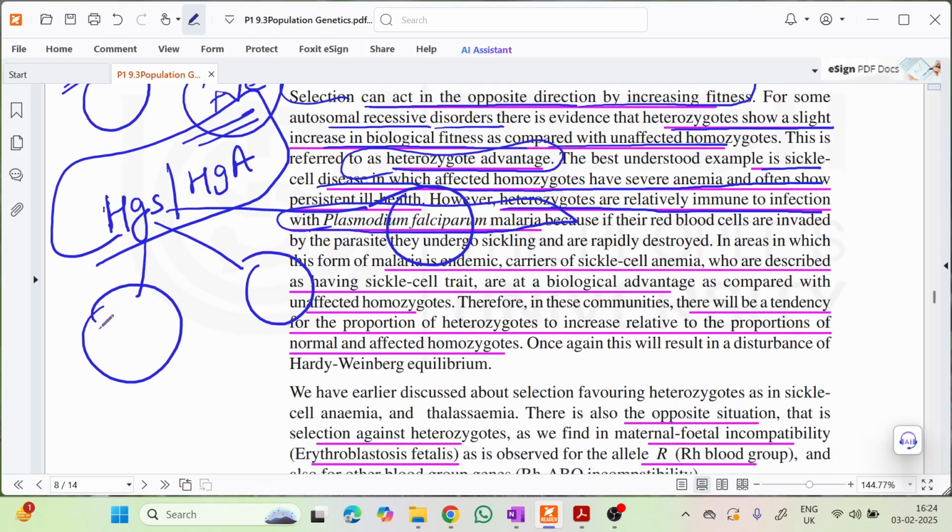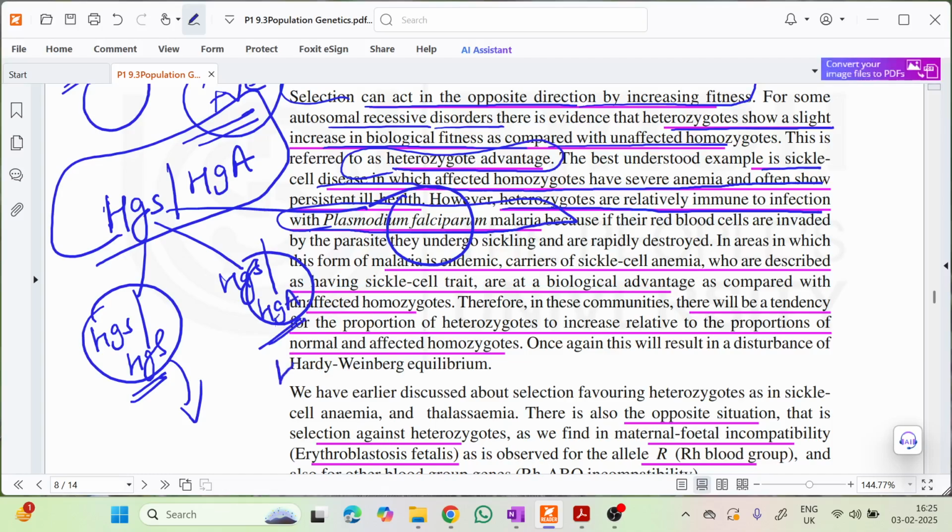Now the variations are: first, homozygous dominant, where both are in spherical shape, which is mostly the case in other populations. Then the heterozygous, where dominant and recessive both are present, but because of dominance of this gene, it will be expressed. And the final one will be the recessive one, in which both the alleles are of recessive nature, homozygous recessive.